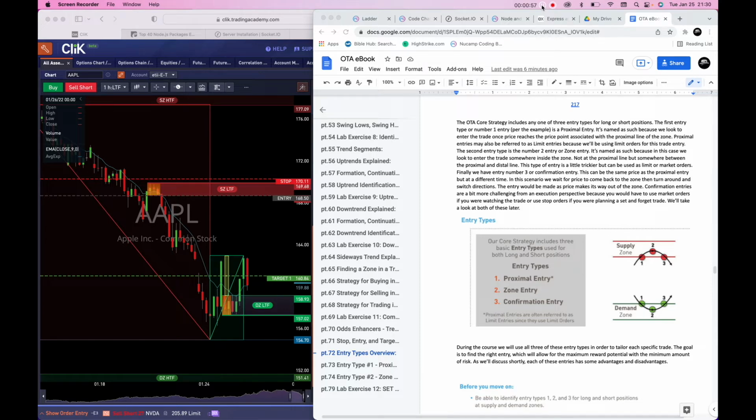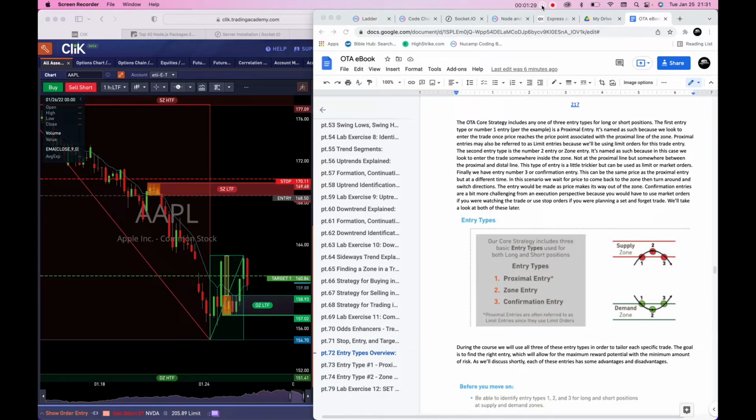The first entry type, or number one, based on the little example that you can see below, is a proximal entry. It's named as such because we look to enter the trade once price reaches the price point associated with the proximal line of the zone. Proximal entries may also be referred to as limit entries because we'll be using a limit order for this trade